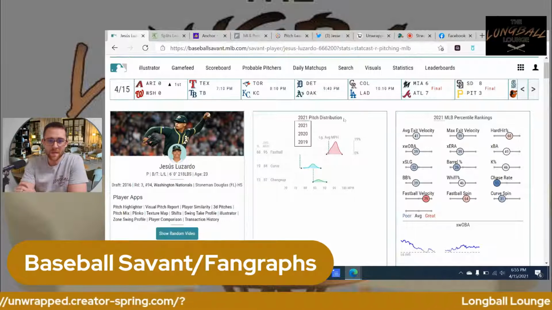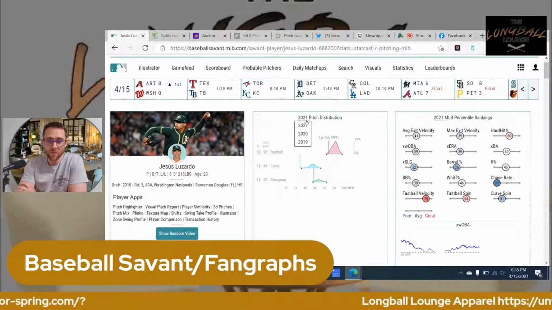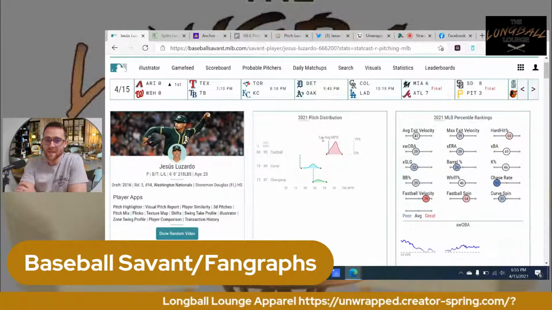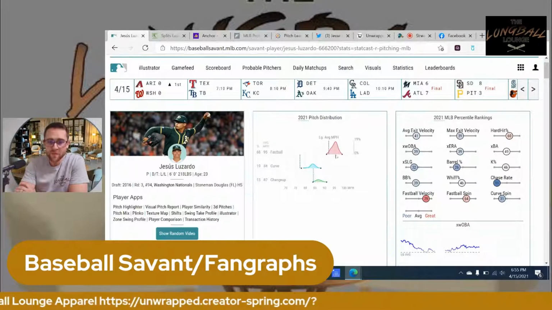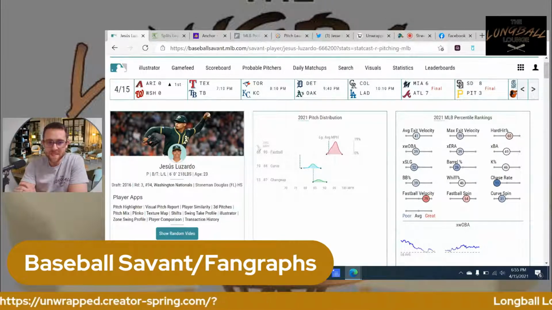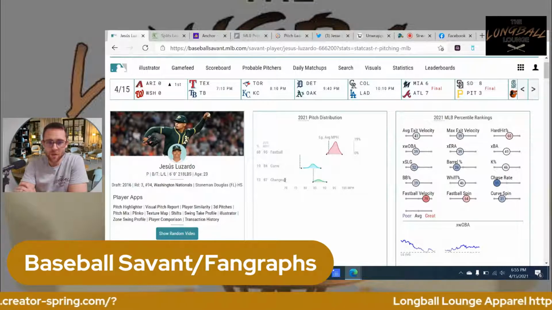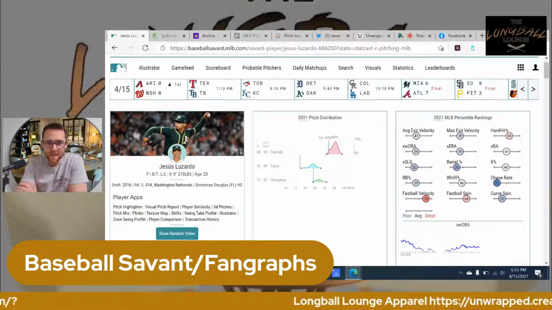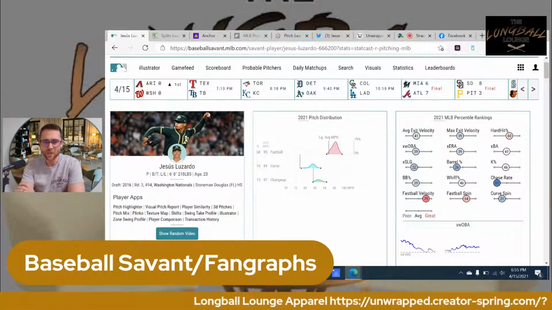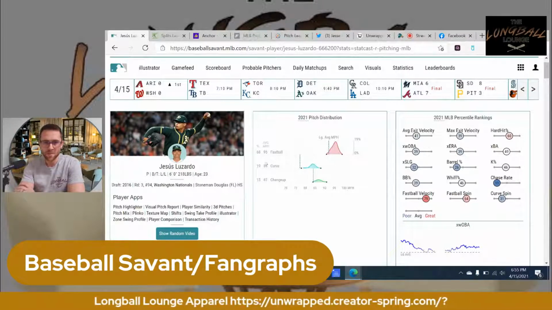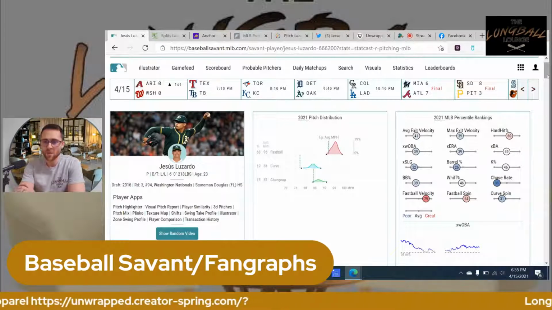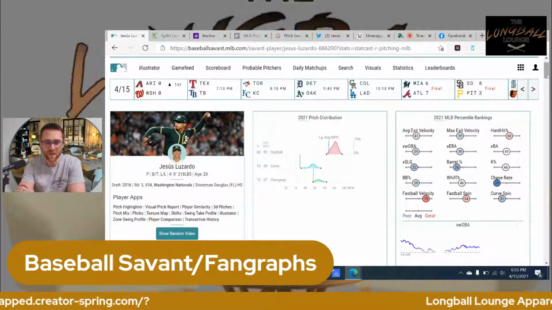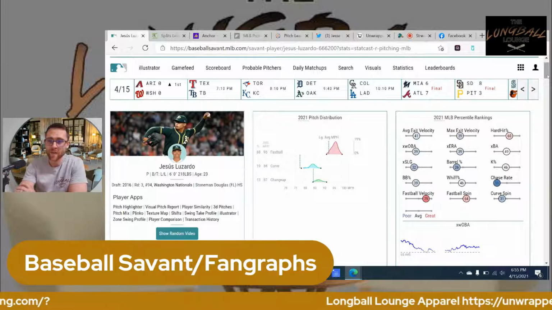But that being said, where this is helpful is maybe what he's doing wrong this year and if he's made any pitch mix changes. So he throws a fastball 68% of the time, as you see. Throws a curveball, throws a changeup, and then I think lumped in here that's not showing, he also throws a sinker. It's probably just being classified as a fastball, but he throws a sinker, fastball, curve, and changeup.